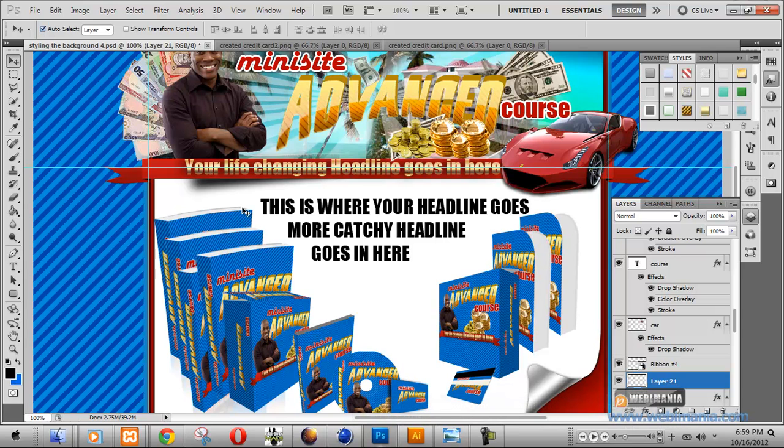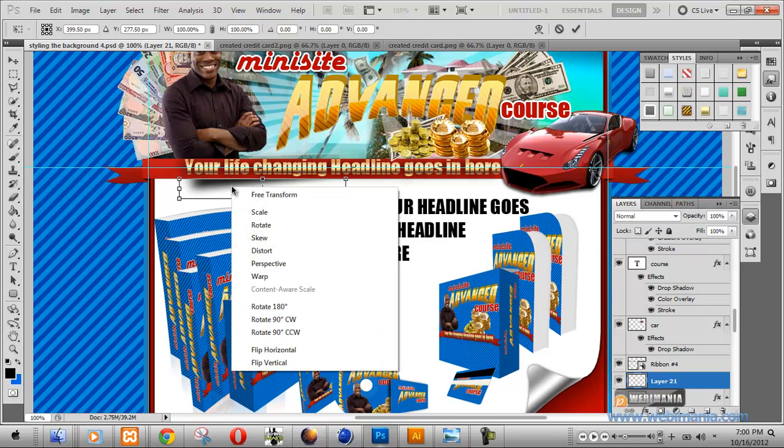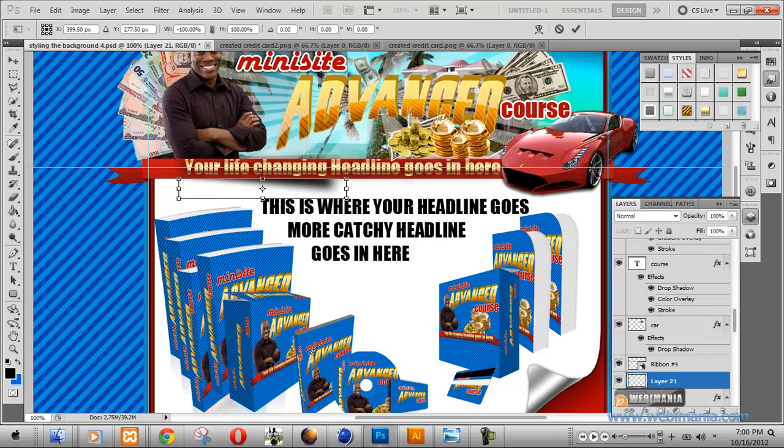Now what to do is this: we're going to press Ctrl C to copy that layer, Ctrl V to paste it down, and press Ctrl T to transform it. We're just going to come into flip horizontal. No, that was a mistake. Just Z,